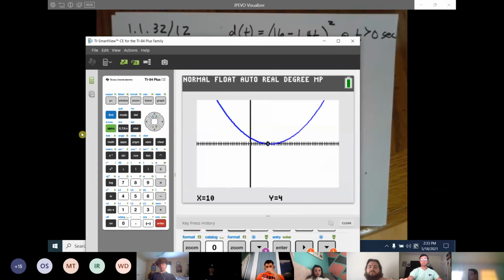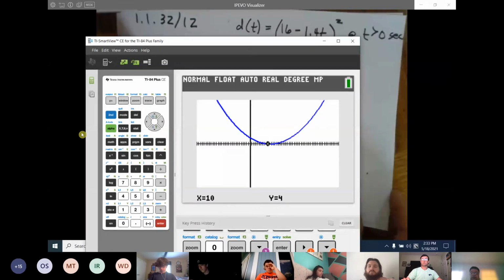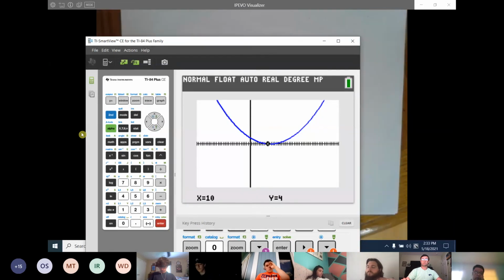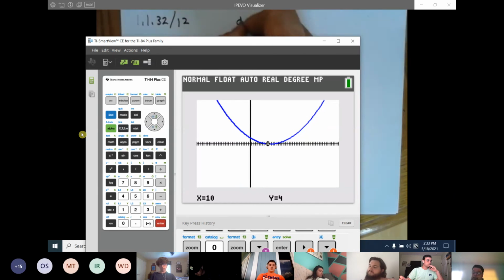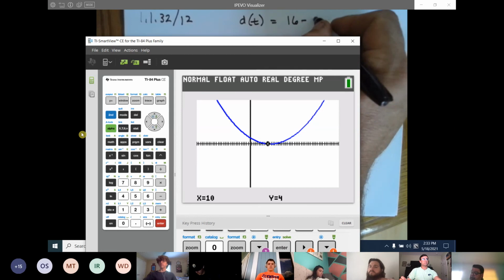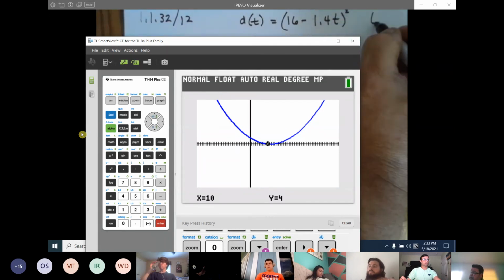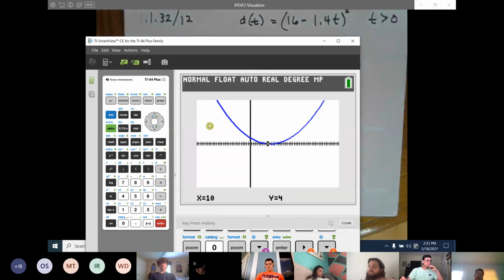There we go. I thought, since the negative, but I forgot it was squared. So I'm going to redraw it. D of t is equal to 16 minus 1.4t quantity squared, and t has got to be greater than 0. Okay, now, first of all,